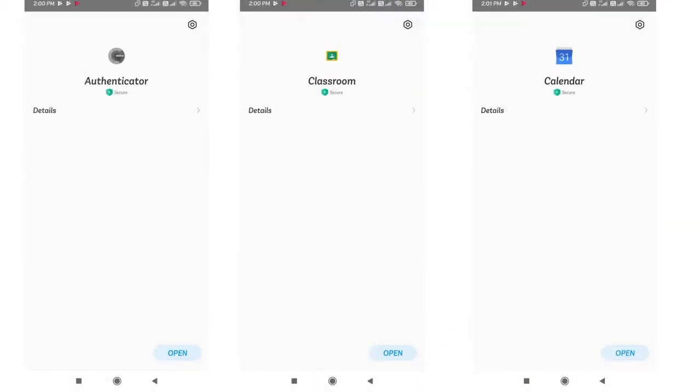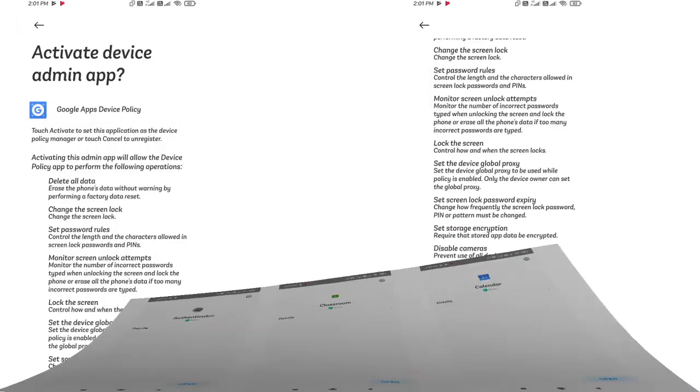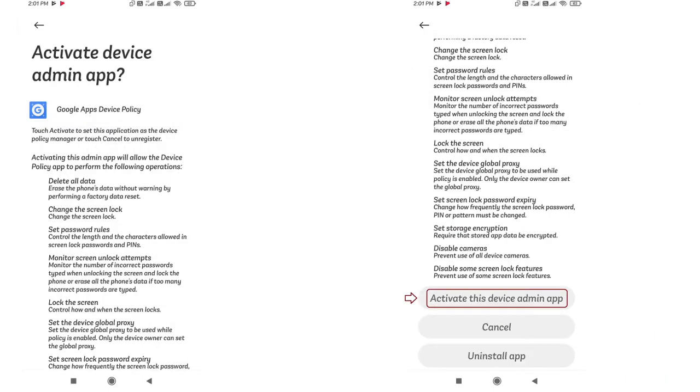While we are doing this procedure, in the background, Google Authenticator, Google Classroom, Google Calendar and Google Meet are automatically installing. In the Google Device Policy, when you click on next, it will show you activate device admin app.